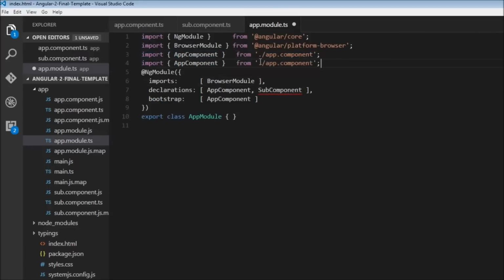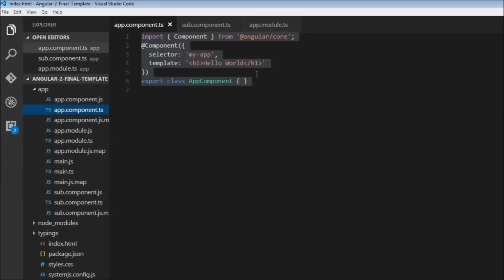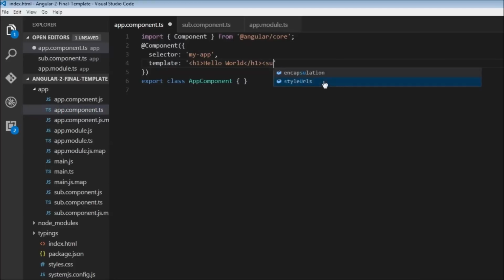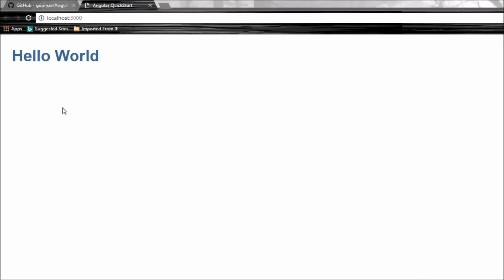So let me copy and paste this, and let's copy this, paste it, and change this to sub.component. So now when I save this and head over to app.component.ts and include this selector, so it's going to be sub-app. Now when I save this and when the browser is refreshed, we are going to see sub app